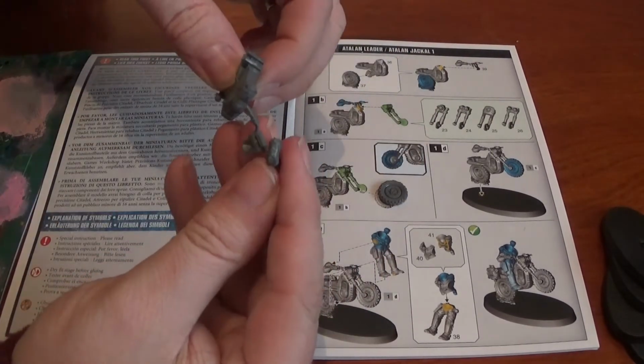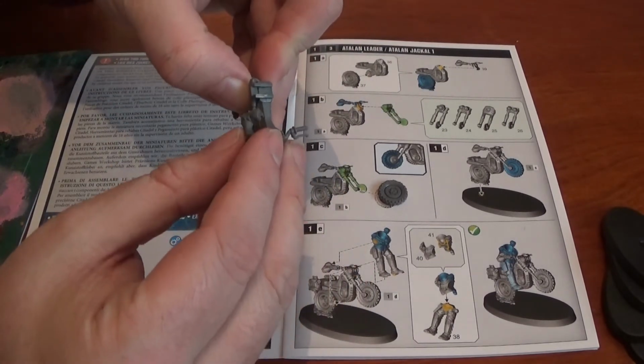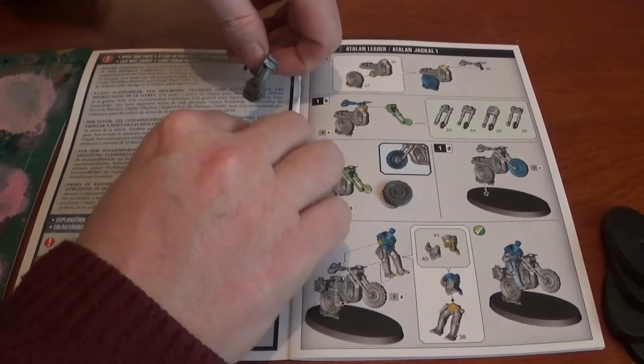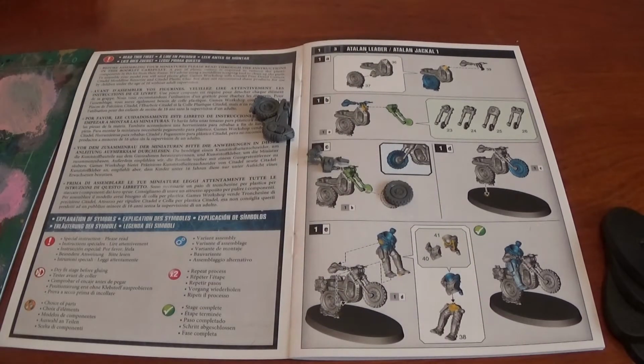Next off we have the handlebars, which again, quite straightforward. They're going to go on there like that. Just going to knock a character off. Never mind. Didn't like them. Then it's a case of choosing which of the